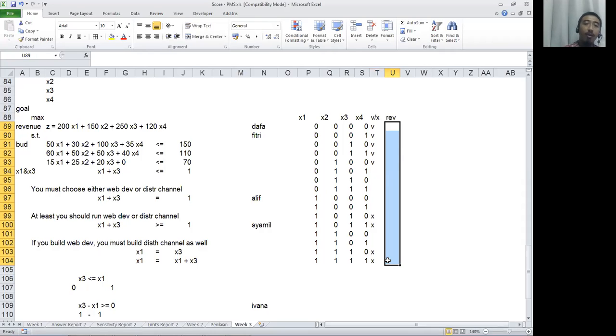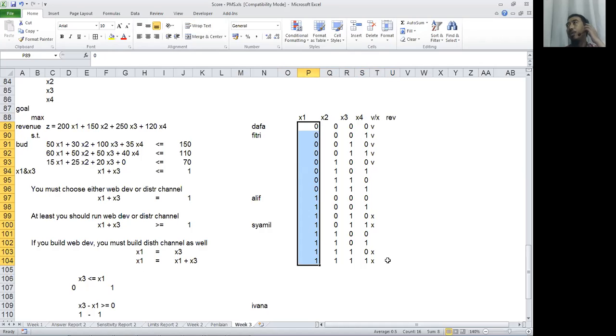Of course, if there are 5 variables here, x1 until x5, how many combinations do you need to have? What do you think? If you have 5 variables? 25 maybe, sir. 35, no. 32, sir. 32, yes. You will have twice of this one, because 2 to the power of 5.